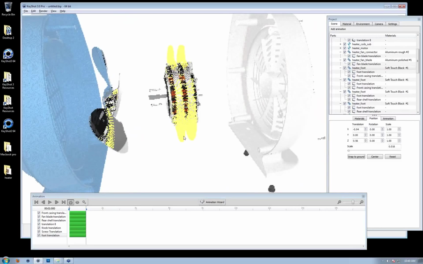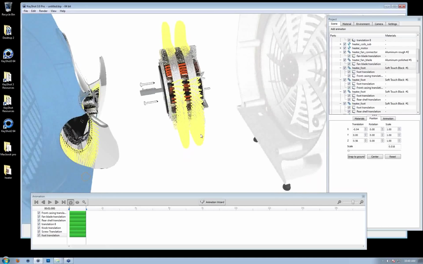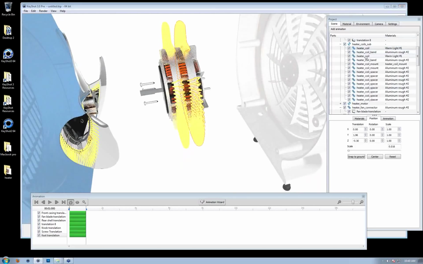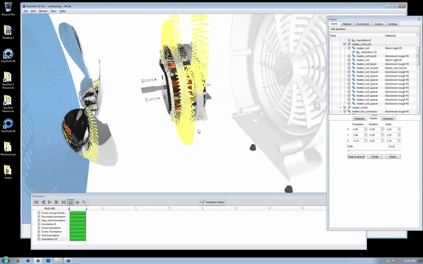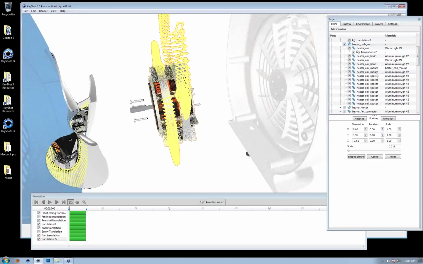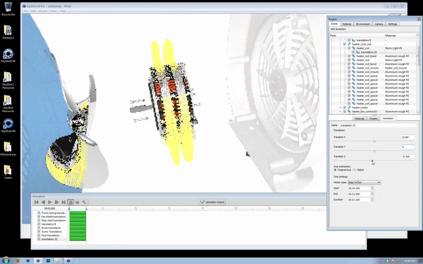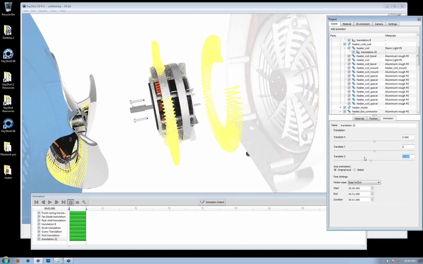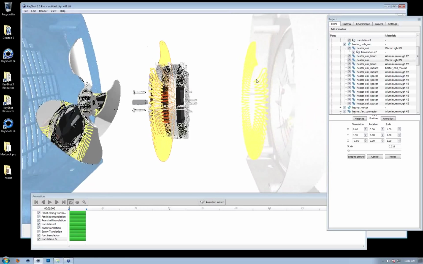Alright, so now let's pull the coils away. So let's select one coil here. So we have coil 1, coil 2. So I'm just going to translate. And actually there's a whole subassembly here for these coils, but we're not going to do anything with just that. We'll just go into the coil level. All right, so not on the Y. Really, we want it on the negative Z. So let's just do negative 1.5,